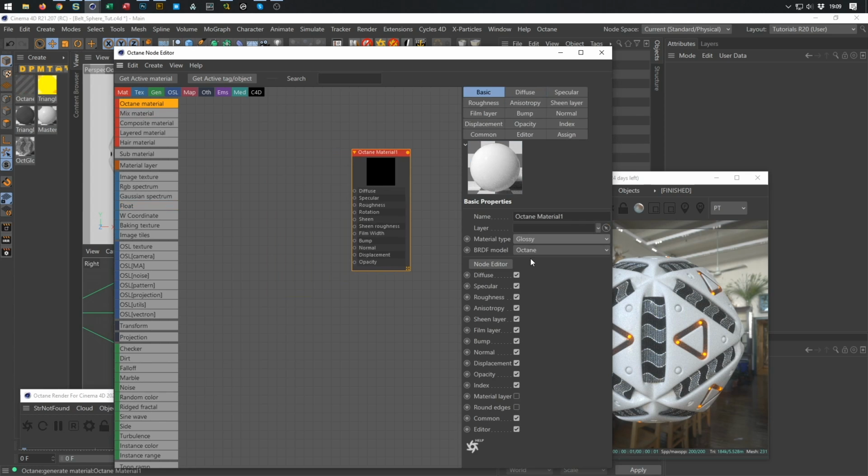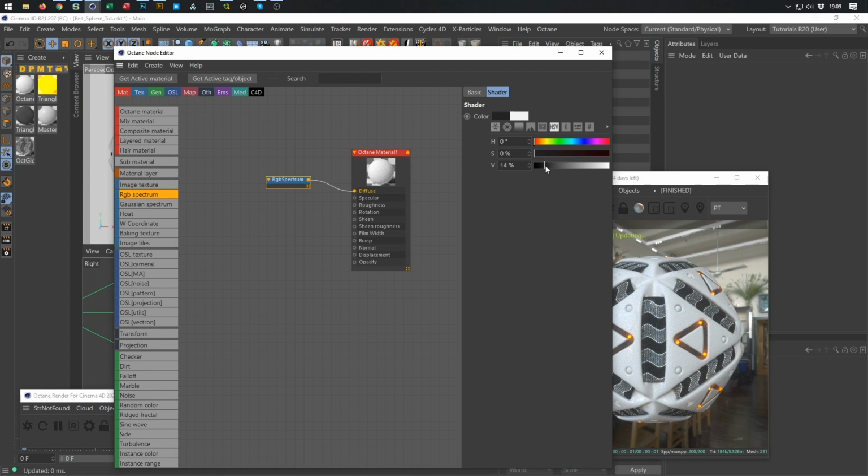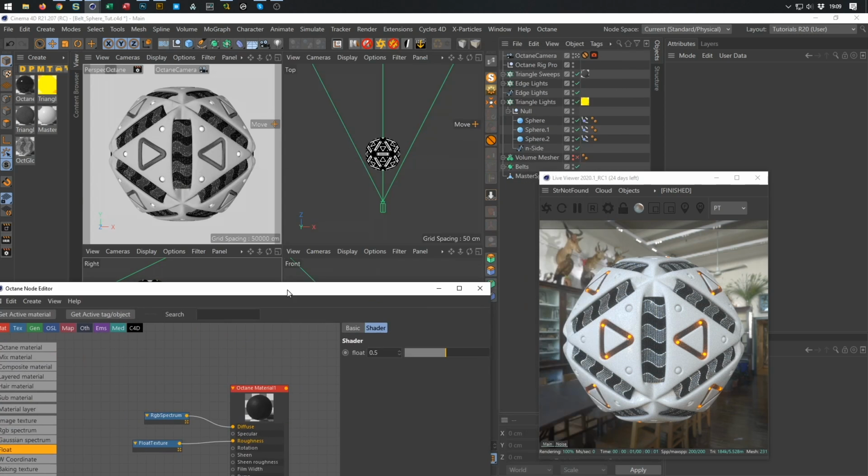Basic, glossy, GGX. Save everything. RGB spectrum. And just a float for the roughness. We can take something else. And let's see. First a float. Not here. Here. Bring this on our